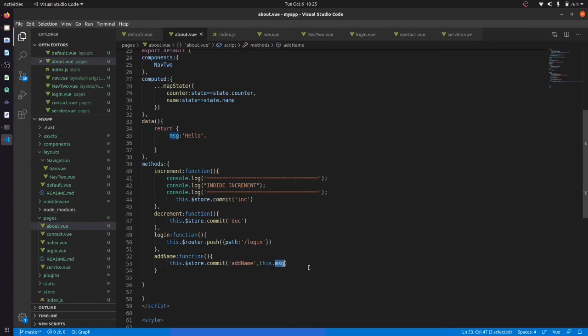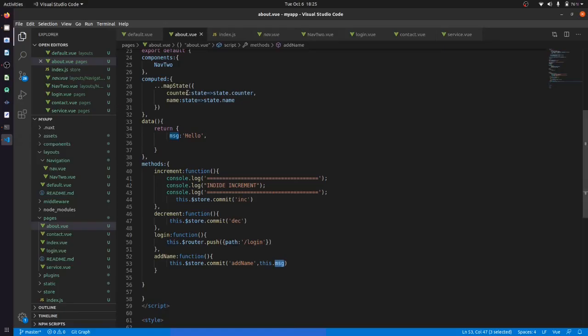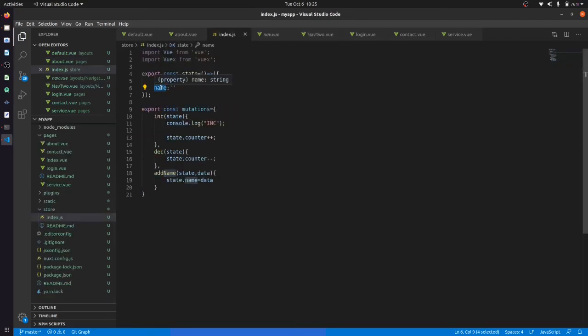Why are we not getting that in the application? One second, let me just run it once. No, it's not showing it here. Let me just go and set this as MSG. We have a name. Let me see.